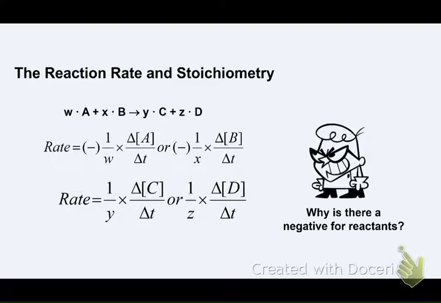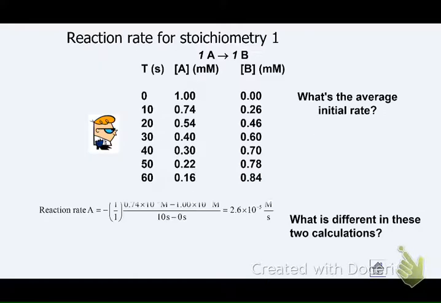Okay, so reaction rate and stoichiometry. Get on task here. Reaction rate and stoichiometry. This is how we do it. Okay, so if you have a reaction, these are the